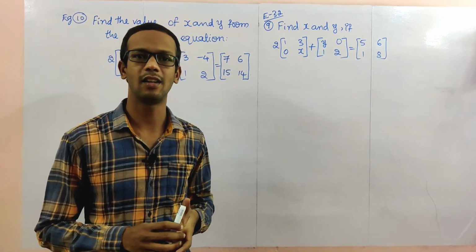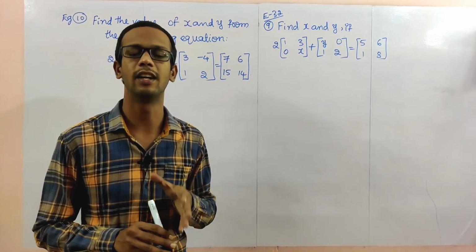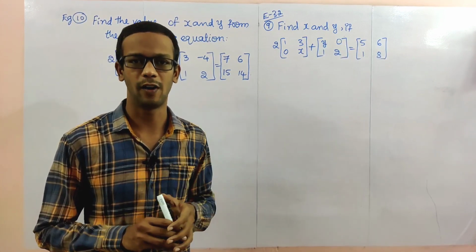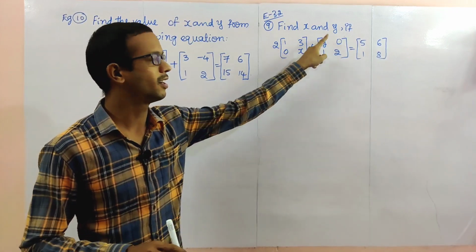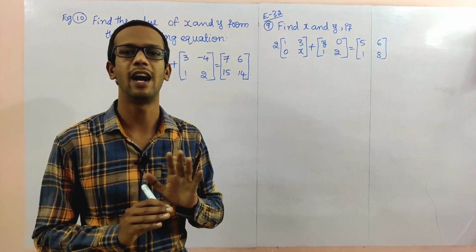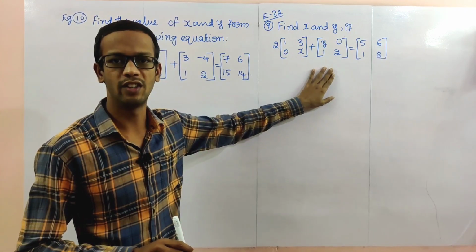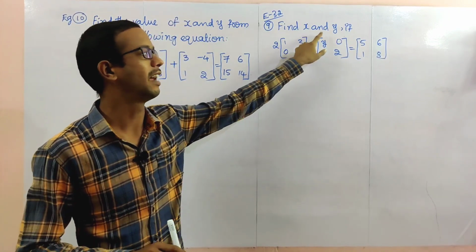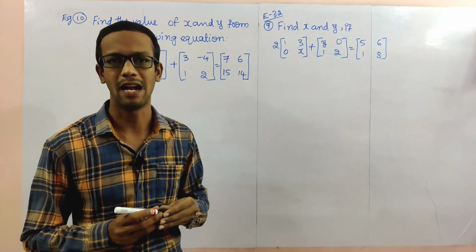In previous class also we discussed X and Y, but capital X and capital Y. That is nothing but matrices we found in previous classes. Now small x and small y, that means elements. Elements we have to find, not matrices. By using this equation, we have to find the x and y values, not matrices. Previous class matrices we did.